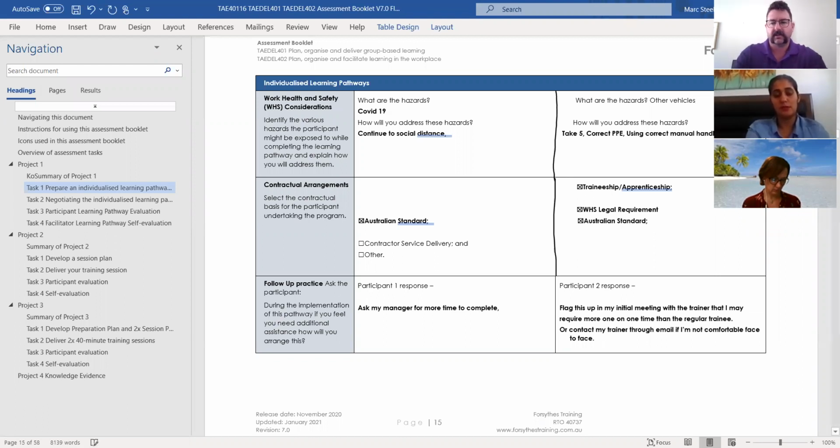And to control that, we spoke about barricading the area. Is there anything else, any other controls we might put in for some of the hazards?